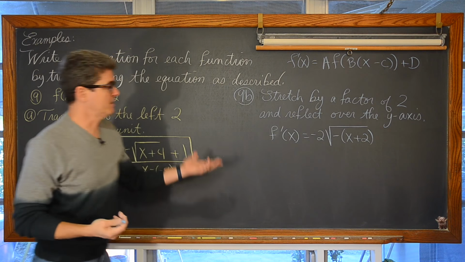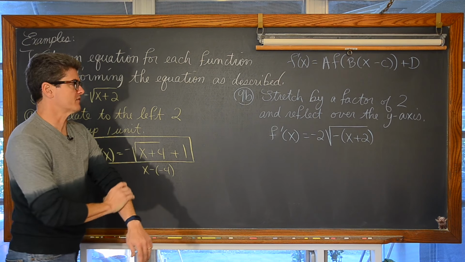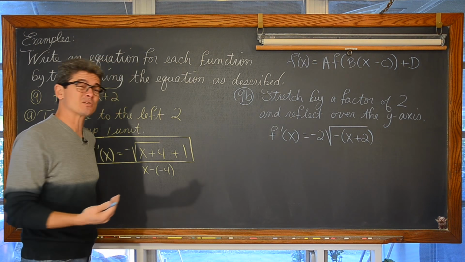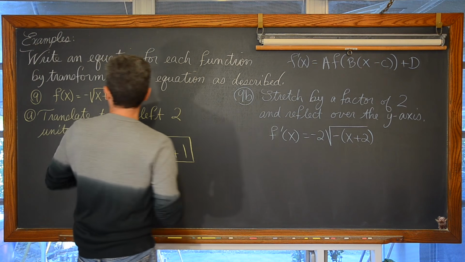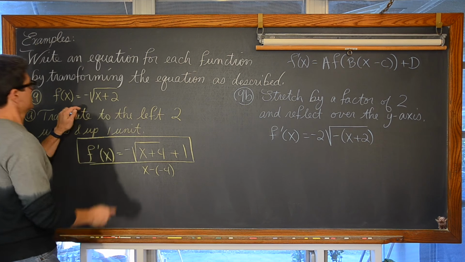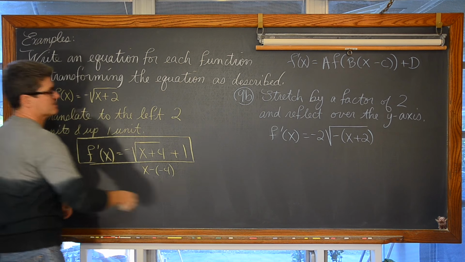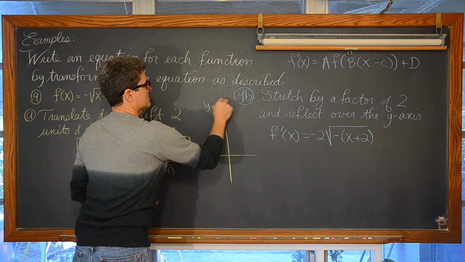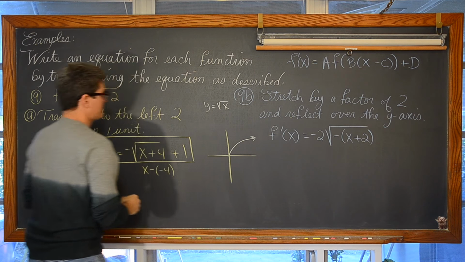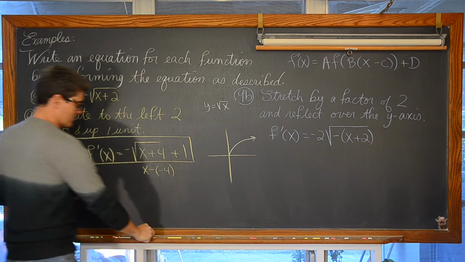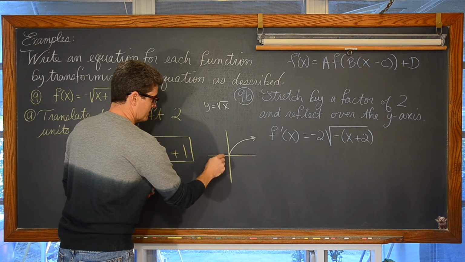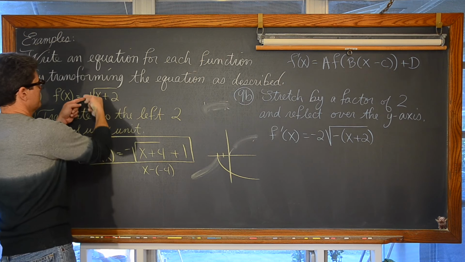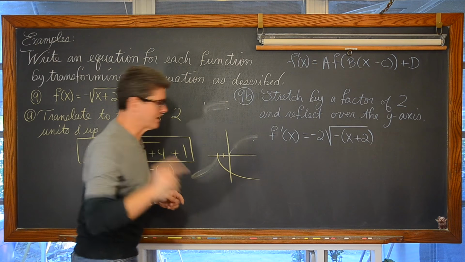And by the way, I'm reshooting the scene because that's what I wrote. Even though I made my notes and I checked everything, that's what I wrote recording the videos. So this is tricky because it's wrong. If I look at the original function here with a shift left and a reflection over the x-axis from the parent function, well, we're talking about y is equal to square root of x. That looks sort of like this. This is with left 2 and with a reflection over the x-axis looks like, let's try that again. This way. Reflection over the x-axis and to the left. Yeah, okay, now we're ready.